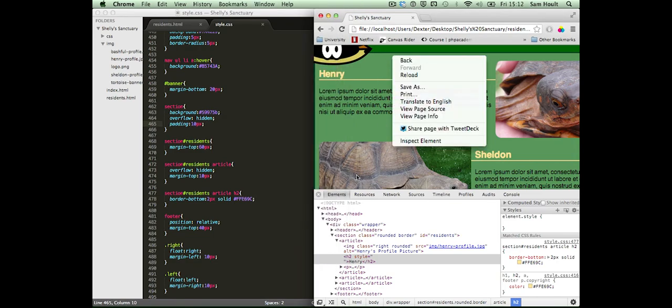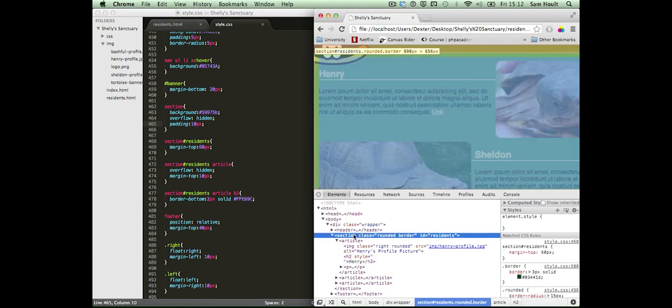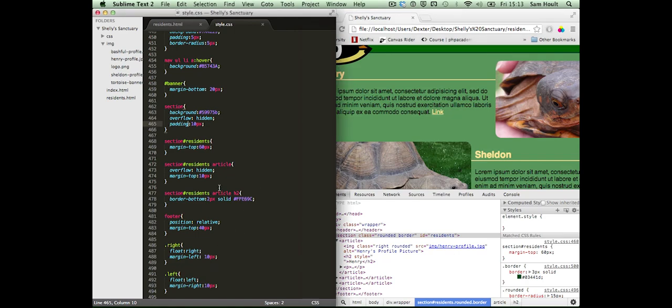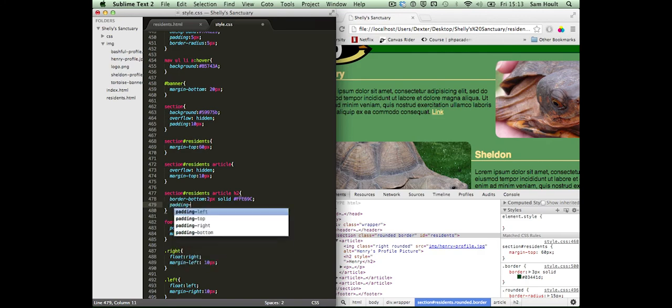Okay, so if I just click on here to show you, you can see the green where it's added this padding, and at the top it's got that red, which is the margin. And there's also a bit between, which is the border. So if you want a border to be lower, so say if we wanted this border to come down further below the text, we could do padding bottom,